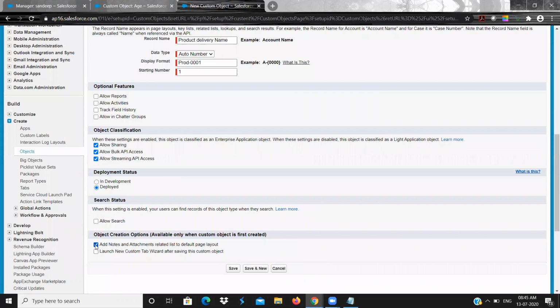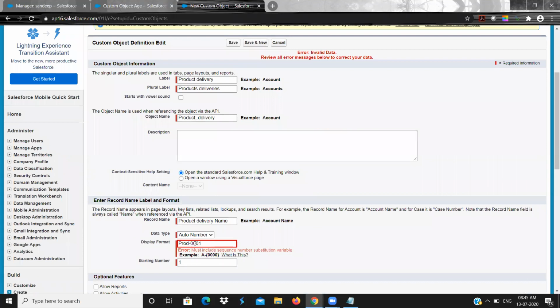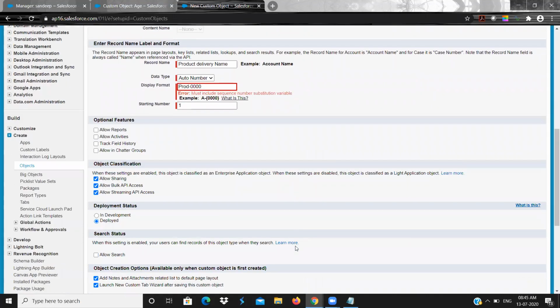So I wanted to add notes and attachments, and I wanted to show the custom launching wizard. Include sequence number submission.